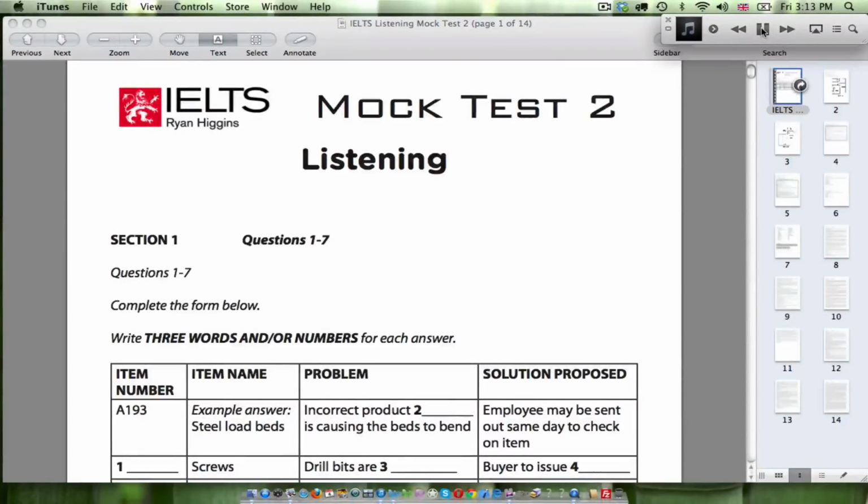IELTSlisteningblog.com. Mock IELTS Listening Test 2. This recording is copyright